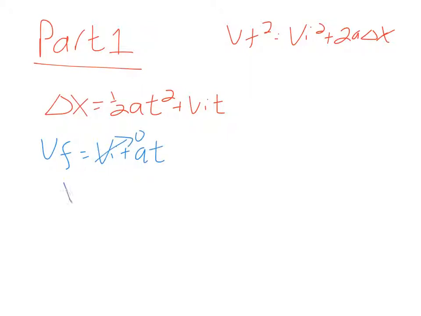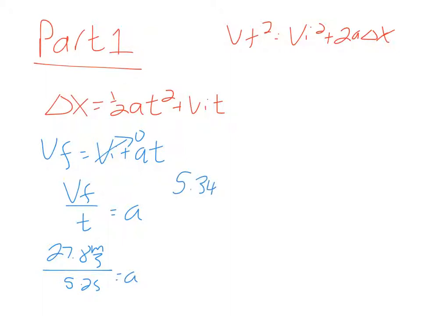V initial was 0, so v final over time will give me acceleration. Final velocity, 27.8 meters per second divided by 5.2 seconds equals a. This turns out to be 5.34, and the decimal keeps going, meters per second squared for acceleration. This is not a number you want to round, so you want to store this in your calculator. Again, the store function is above the on button. You store it and then label it a letter, because you want to make sure that you're using the whole